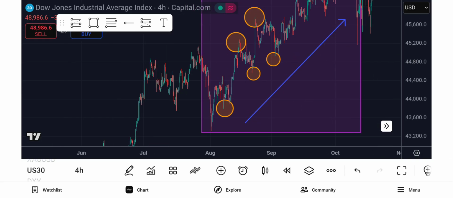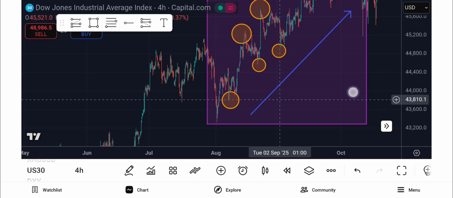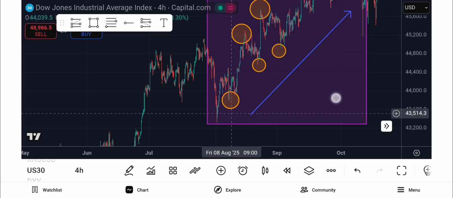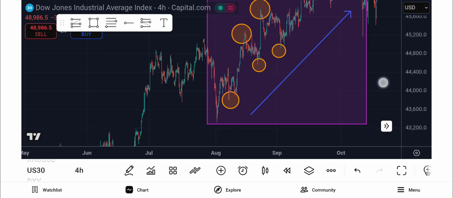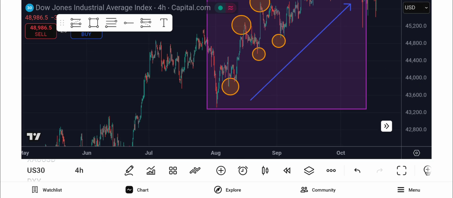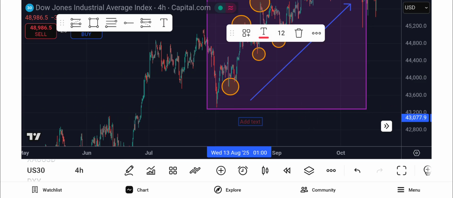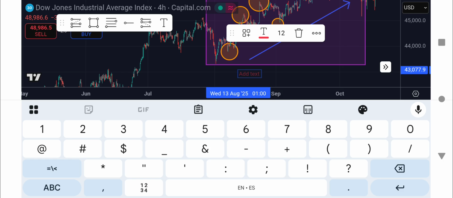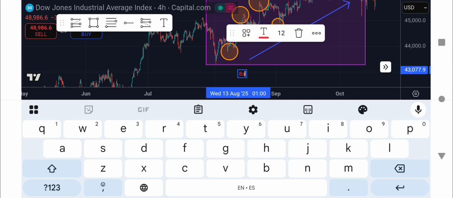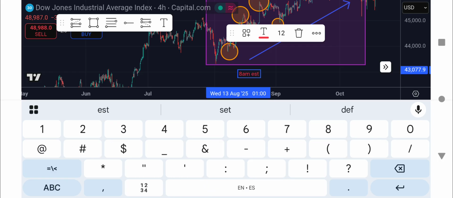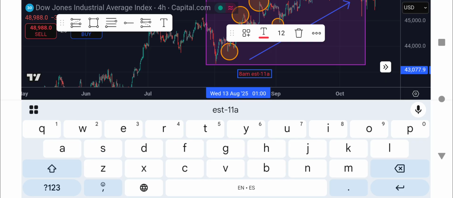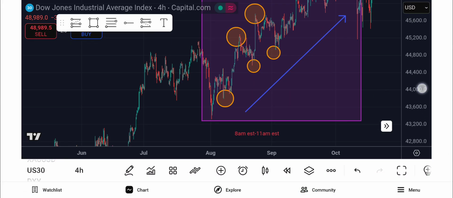So what I do first is I check what time we're in right now. The only times I really trade gold is in the morning. So normally around 8 a.m. Eastern Standard Time to 11 a.m. Eastern. That's where I found to have the best setups. Alright, so